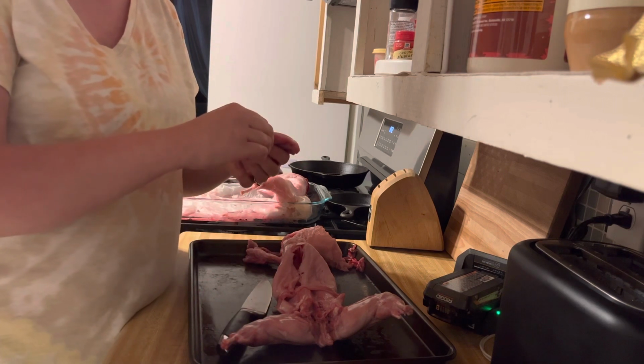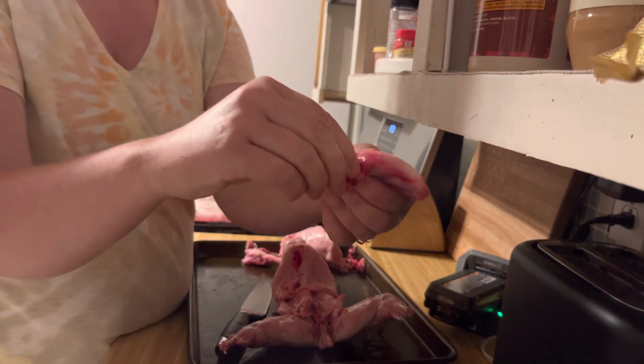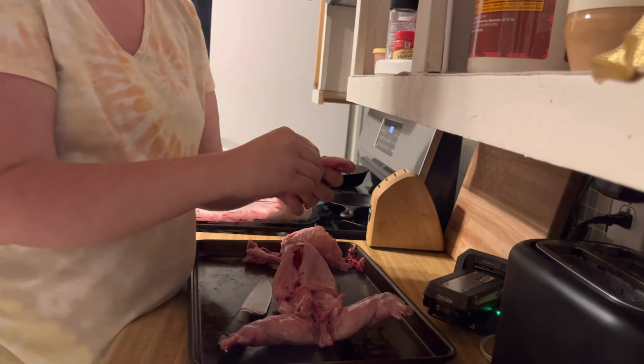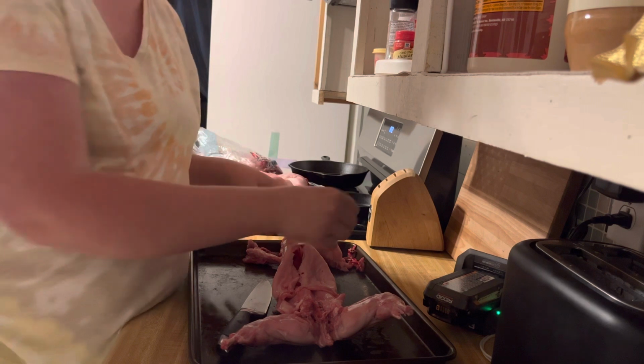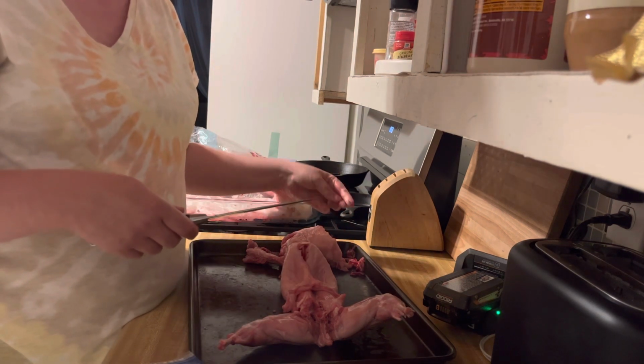And there's that bone right in there. Stick it to me. It's a little bit of fur. So,